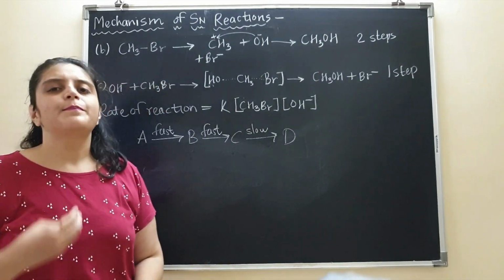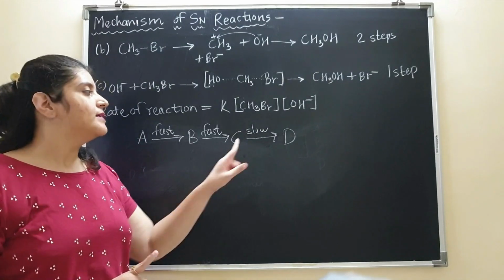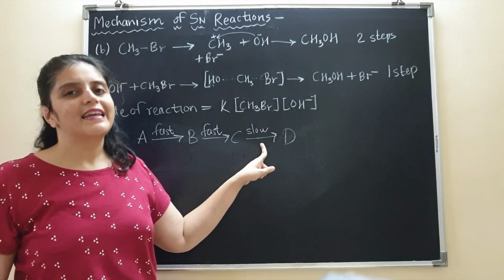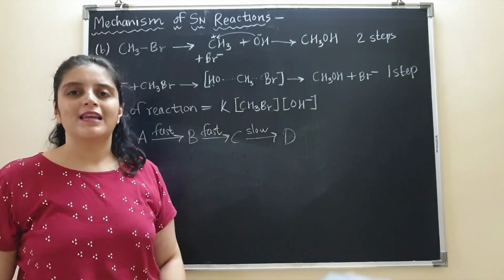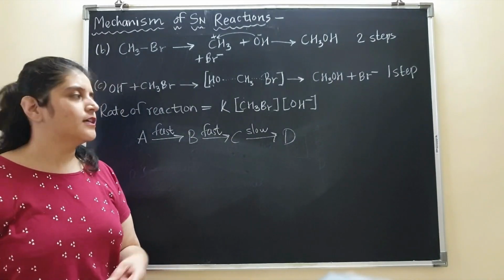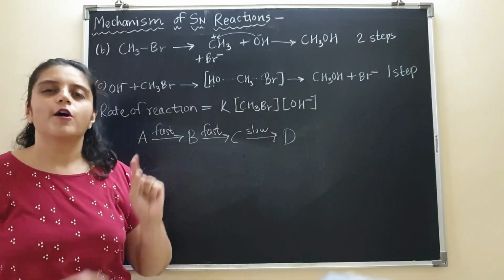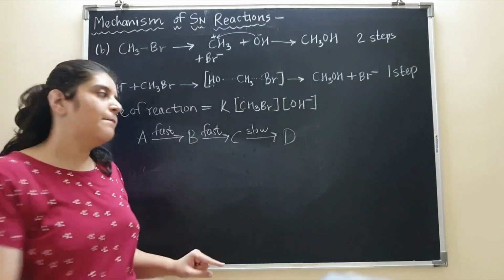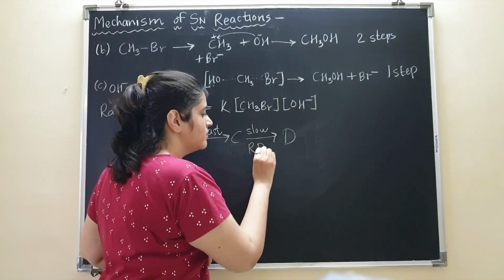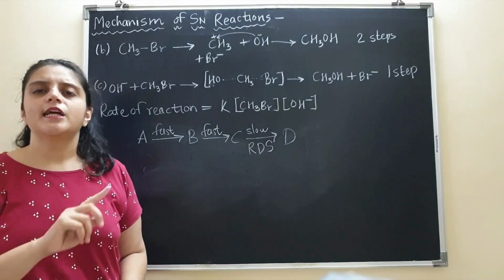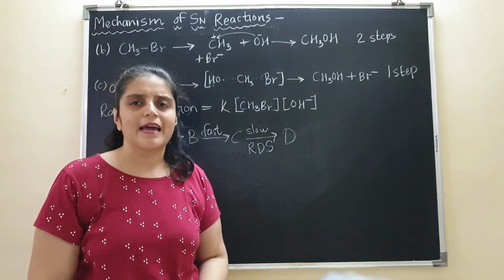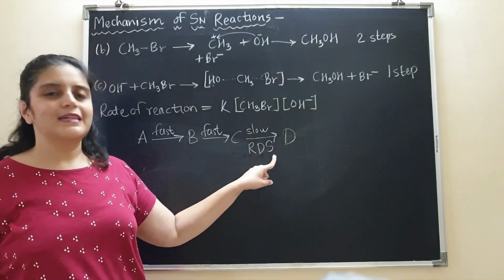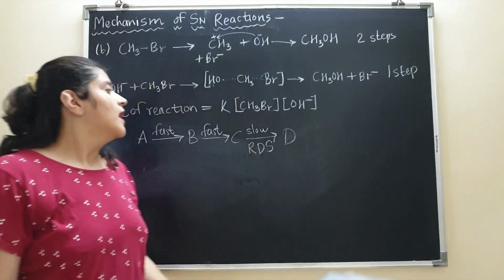So can we say that speed of the reaction actually depends upon the slow step, because फास्ट वाला कितना भी फास्ट हो कोई फर्क ही नहीं पड़ने वाला है. फर्क किससे पड़ेगा? स्लो वाले स्टेप से. So rate of the reaction will depend upon the slow step or the slowest step of the reaction. So we call such a slow step as rate determining step, because since this step determines the rate of the reaction, it is called as rate determining step, RDS.